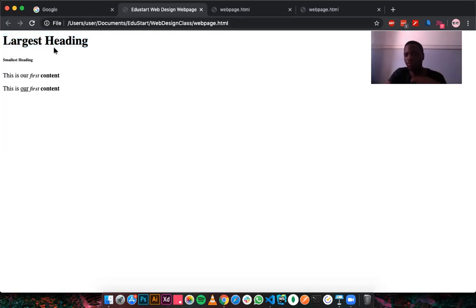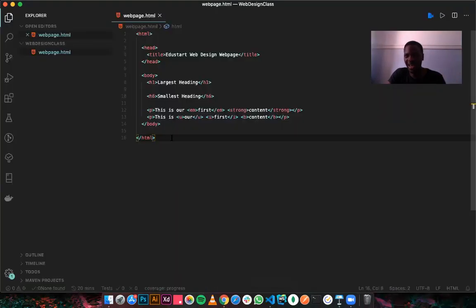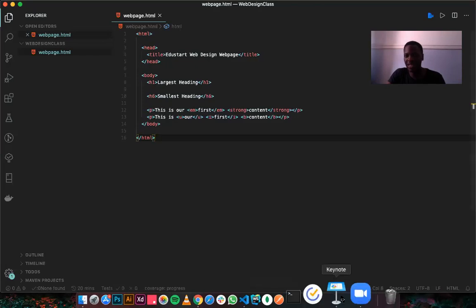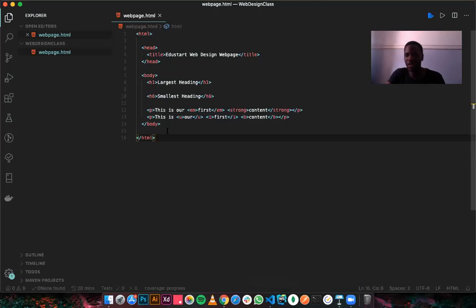Create a folder, create your HTML file, open it in your text editor, type in the HTML structure the way we have it. The slides are going to be shared also on the platform, so you can have a reference too. So type this. And one very important thing to note, please be very careful of indentation.